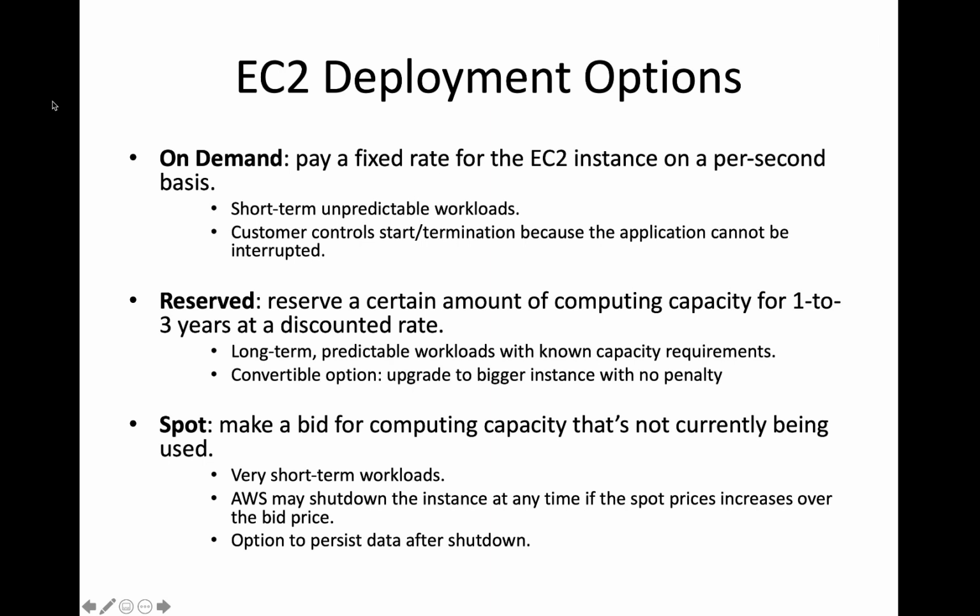So you're paying for every single second that EC2 instance is running. And you can turn this instance on or off, and when you turn the instance off, then you no longer pay charges for the instance running. As it turns out, you do pay some charges. You pay for the amount of storage space that instance is consuming,